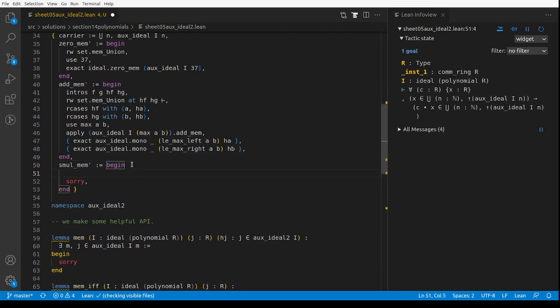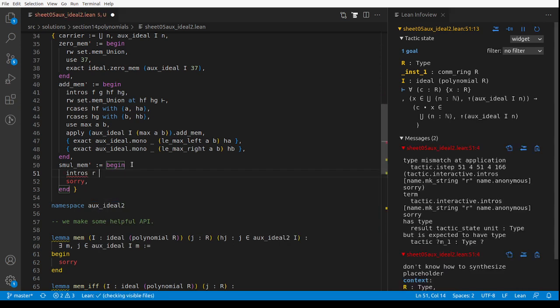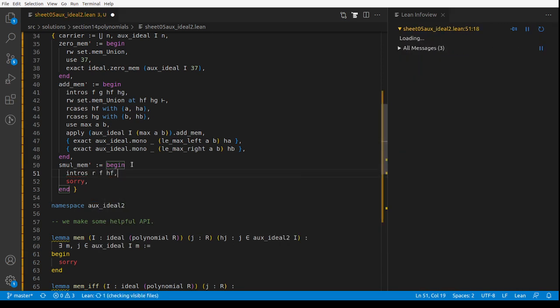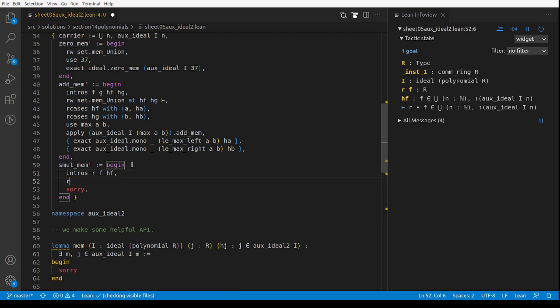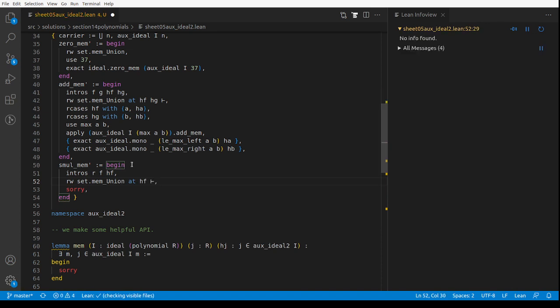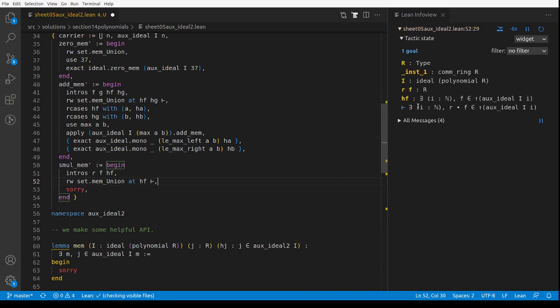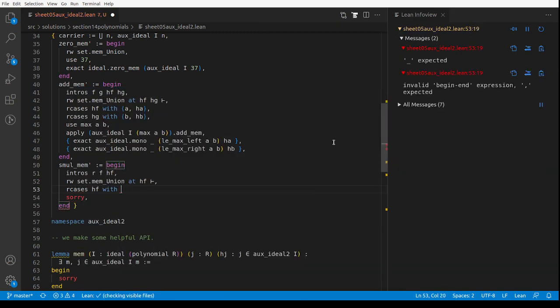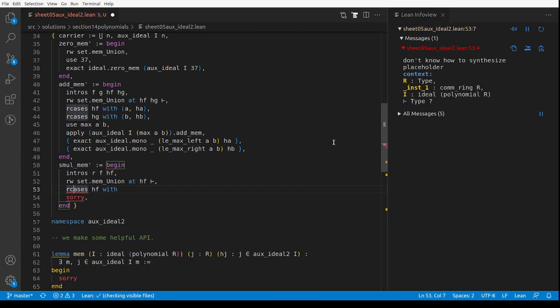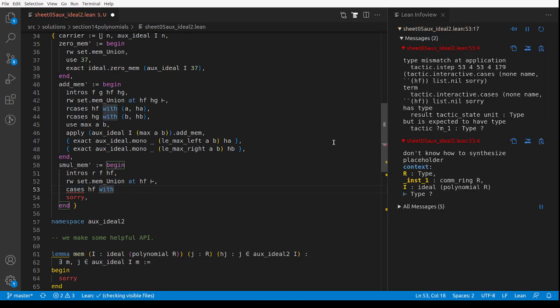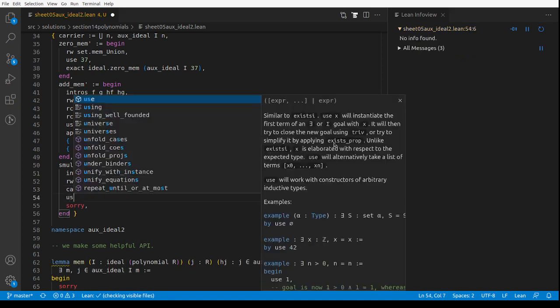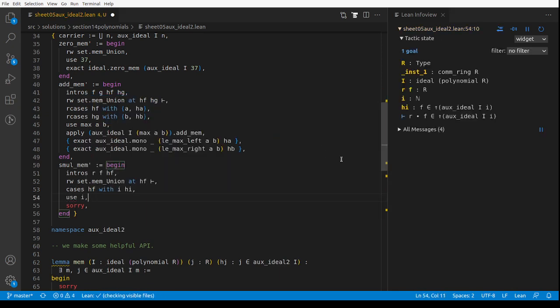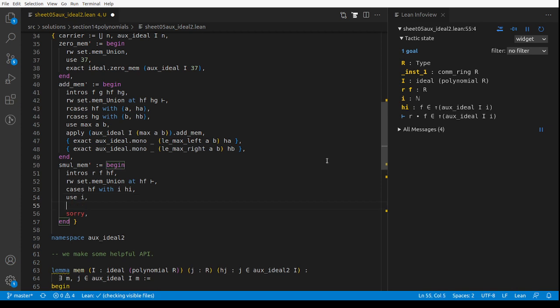And now what? Smul_mem. Again, intros r, f and hf, and then we have to rewrite set.mem union at hf and the goal. And so now we can use the same i, right? Cases hf with i. We can just do cases probably. Cases hf with i, hi, and then use i. And now why is this? This will be called